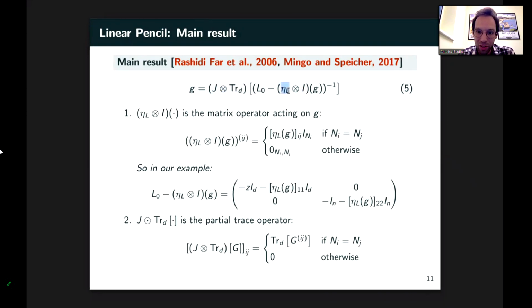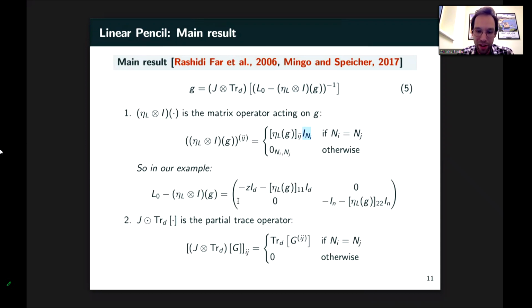So the first operator, eta L tensor identity of J. Essentially what I mean here is that if you are giving it some sort of, here it's a 4x4 matrix for the Marchenko-Pastur case. If you use this operator, you apply your operator eta L, and you just append a matrix identity Ni if you're in a block where there are as many rows as there are columns. Otherwise, you just give it 0.